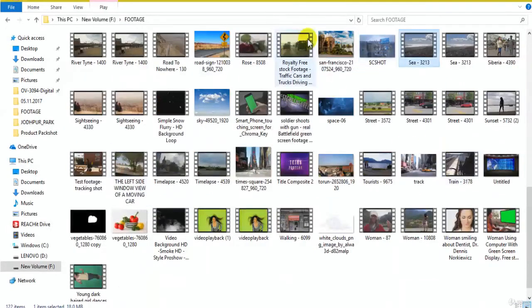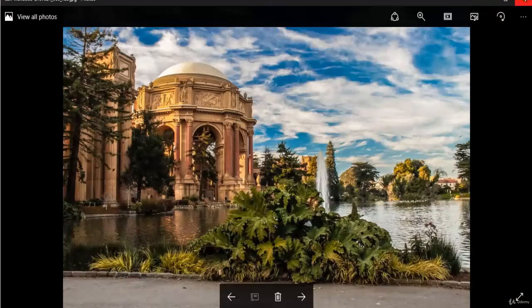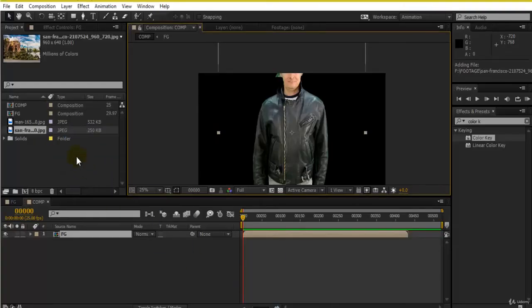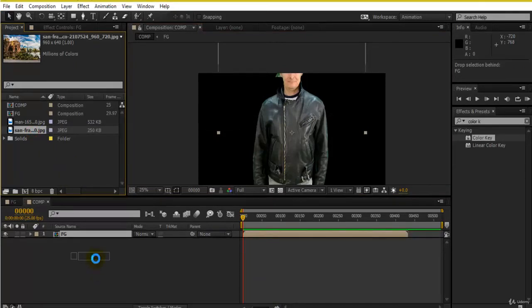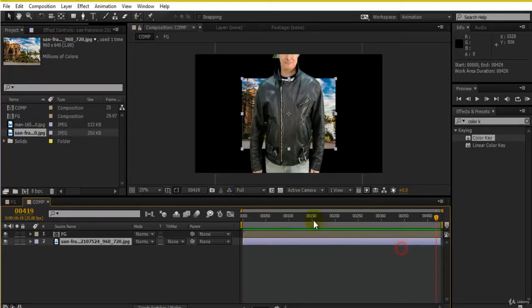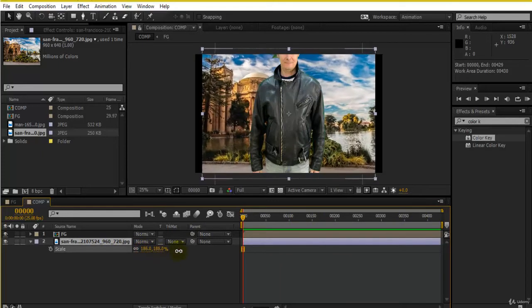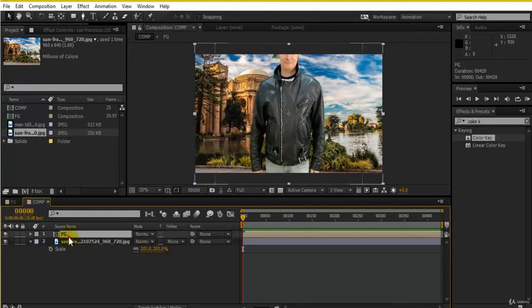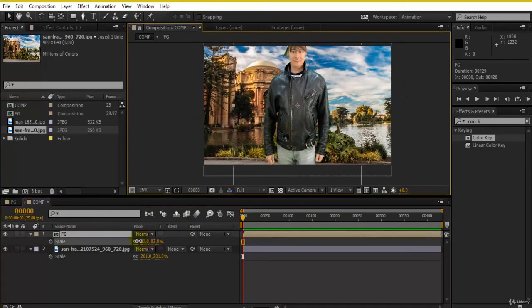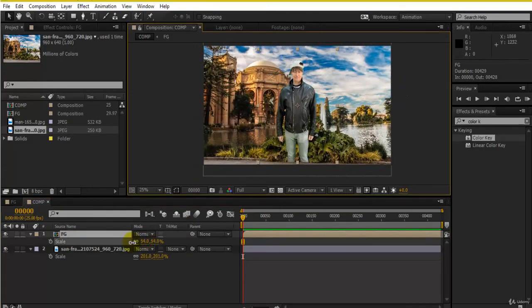I have an image. Maybe I can increase this in my background here. I'll just cross this and drag and drop this right here, and again I'll be taking this to my comp here, so it is this much in size, not an issue for me. I'll scale this, it's a background here, something like this, and then even on my FG I would like to scale my character a bit so that it looks natural.